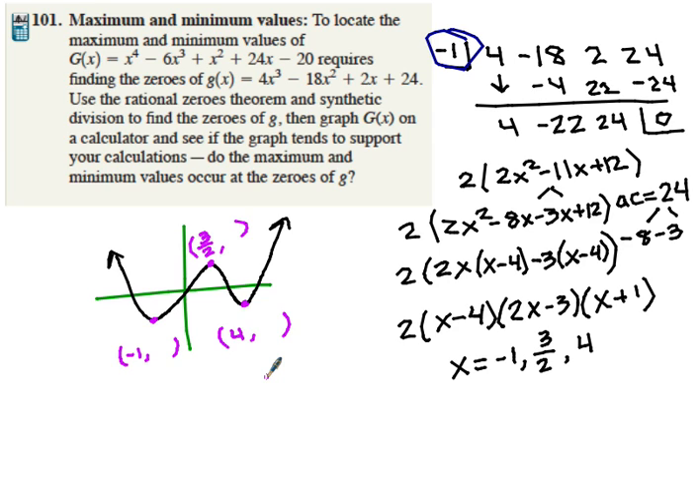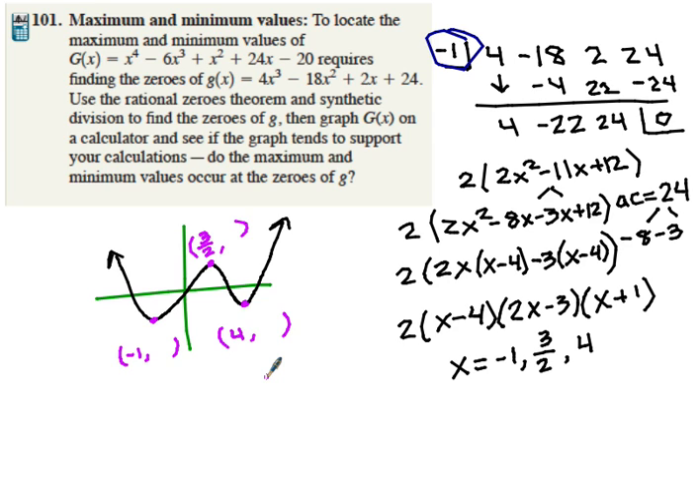And so all it's going to ask you to do once you find these zeros is verify in the calculator that it makes sense with your calculations. So you want to see, does this tend to support your calculations? Do the maximum and minimum values occur at the zeros of little g? When you go and look, and hopefully we are all comfortable at this point going into our calculator and finding maxes and mins on curves,